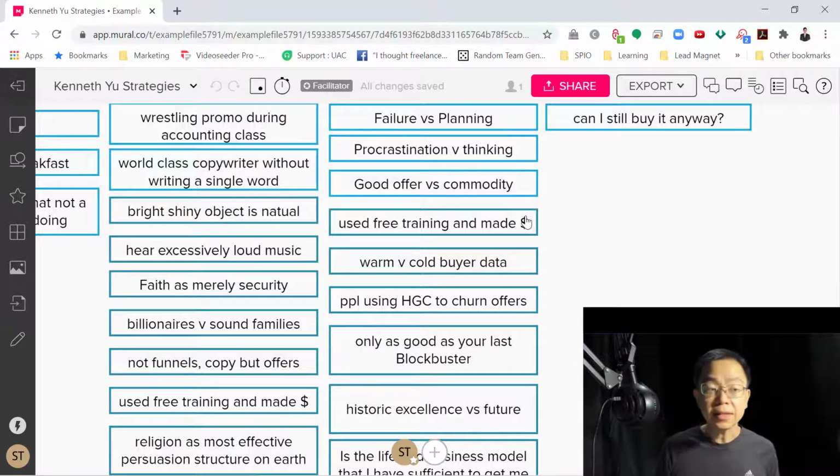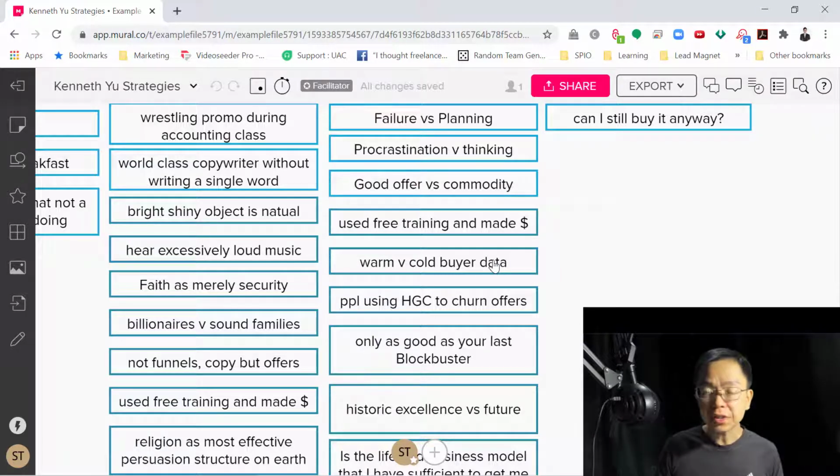It's like, guys, if my free training has made a lot of money, the implication is that if you proceed further on, what happens if there's paid training? So if I get paid training, I'm going to make even more money, which generally is true for people who are worth their salt, like Kenneth.